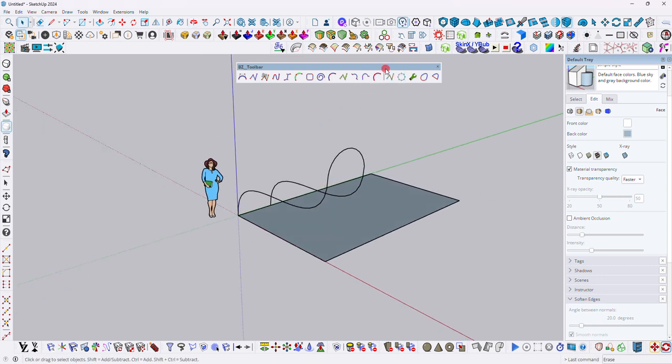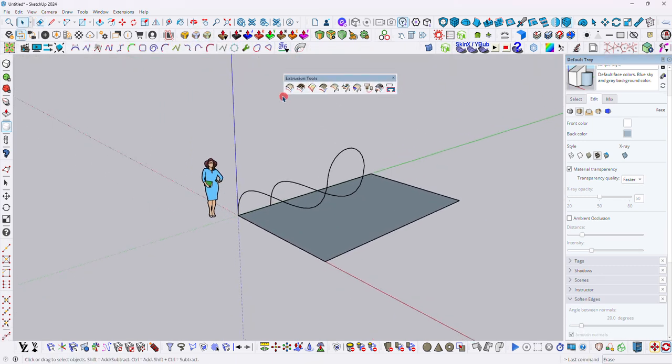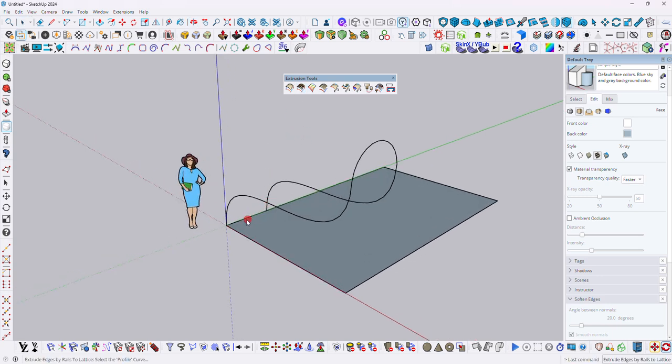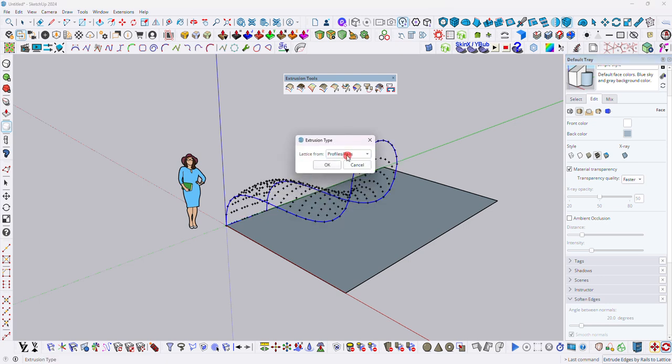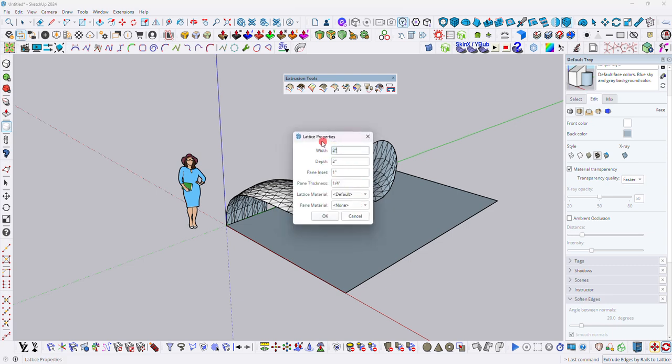Now guys, here we have used another free plugin that is called the TIG extrude tool. Okay, so first you have to click this option, then click over the line, then the second curve line, third curve line, and finally the fourth curve line. And here you have to select the profile and rail option, click the OK button, and here you have to select the 3D option, then click OK, and then here I will select no option, and then in the lattice properties I have just